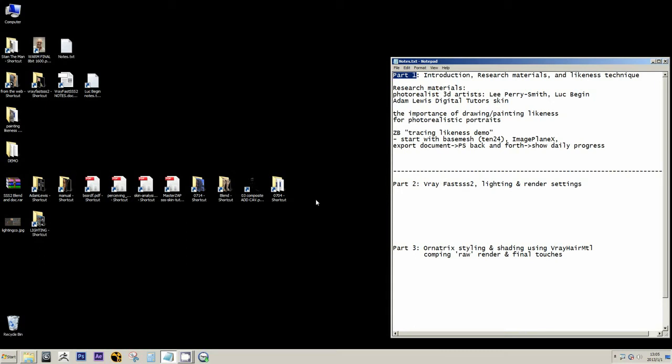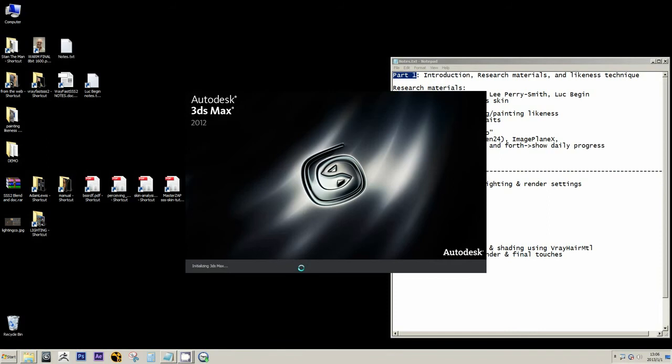For this second video, we will be covering the VRay material for skin, shader, lighting, rendering, and VRay render settings. It's quite a lot to cover, so I hope you sit back and enjoy. First, let's just open up 3D Studio Max real quick,